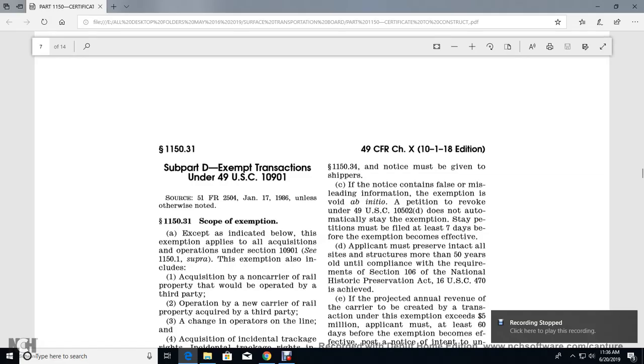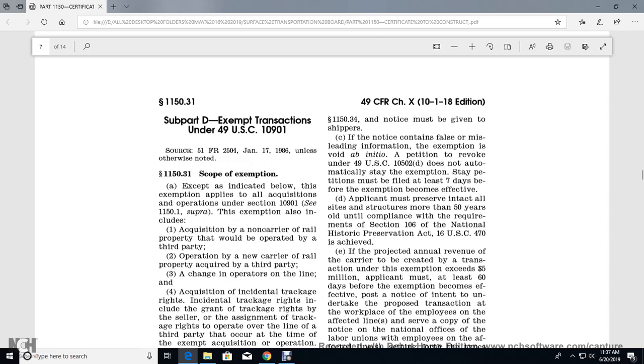All right, part 1150. Part 1150, subpart D, exemption transaction under Title 49 U.S. Standard Code 1091. 1150.31, scope of the exemption. Exempt and indicated below with the exemption applied with all the acquisition operations under 1091. See with the 1151, super over the and the exemption with the include with the acquisition non-carry with the railroad